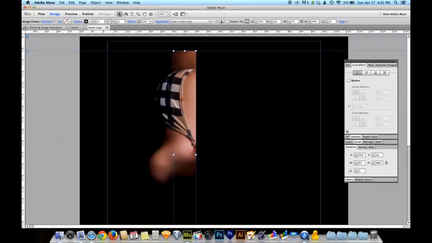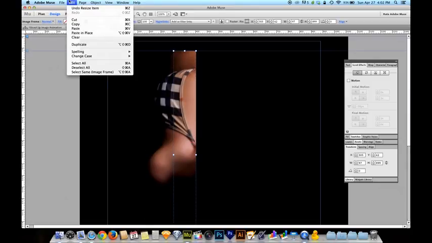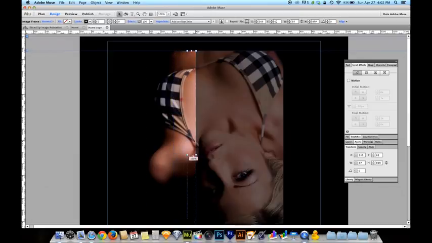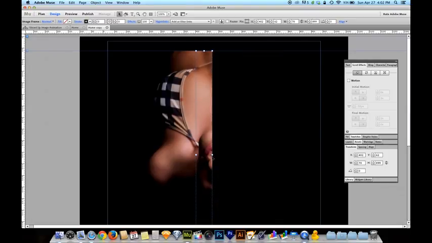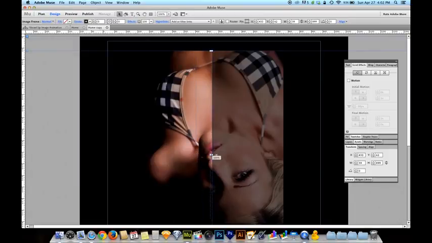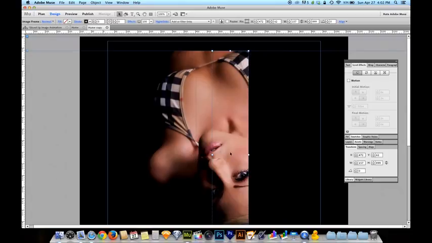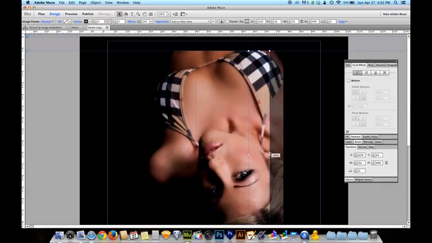I'm going to hit copy, and then if you're not a fan of keyboard shortcuts, I'll go up here to Edit, choose Paste in Place, hold the Command key and grab the left handle and drag it over to the right. And there we have that one. So I'm going to copy, paste in place again, and grab the left handle, drag it to the right. I'm going to make this one a little wider. Copy, paste in place, grab that handle and pull it over,